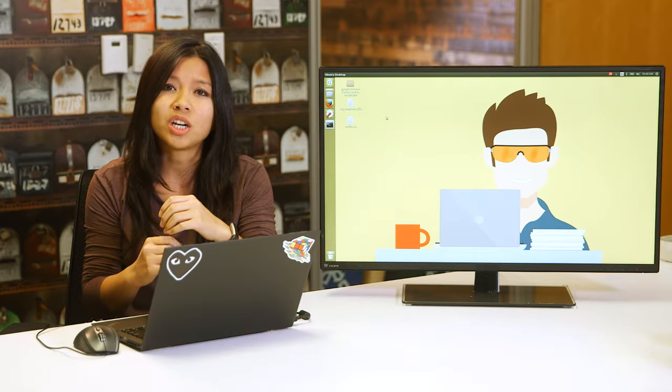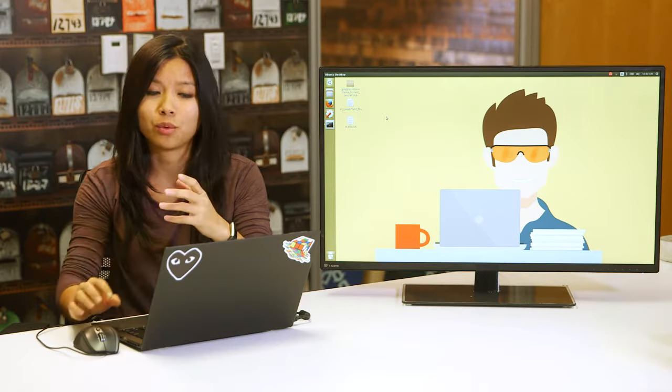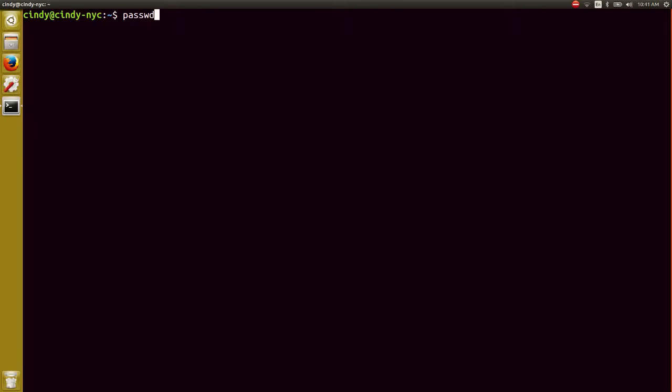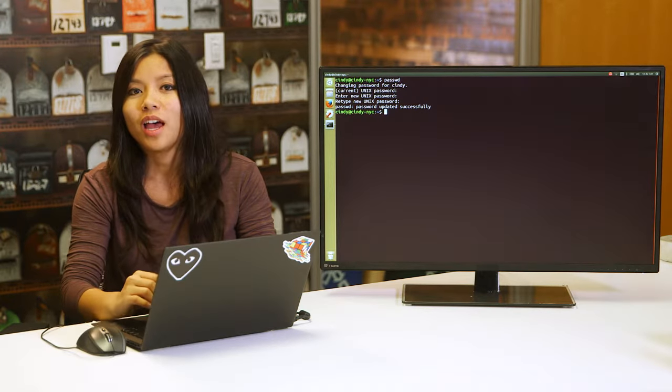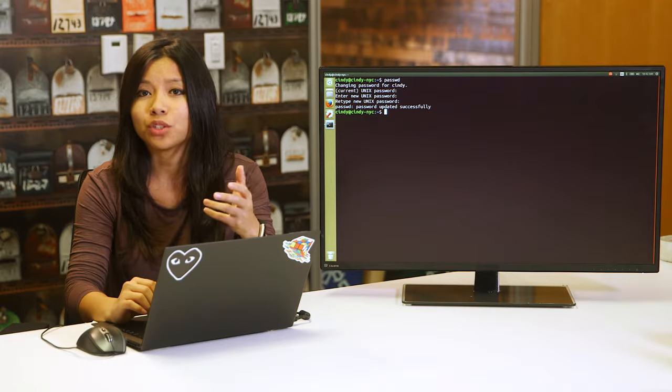Normally, if you need to change a file owned by root, you would have to use sudo. But we want to be able to have normal users change these files without giving them root access. Let's check out an example. Let's say I want to change my password. I would use the passwd command like we've learned. Pretty simple, right? Now I just enter in my new password, and my password is changed.